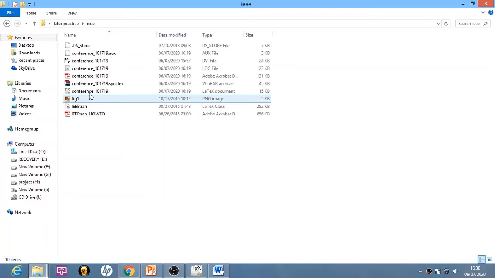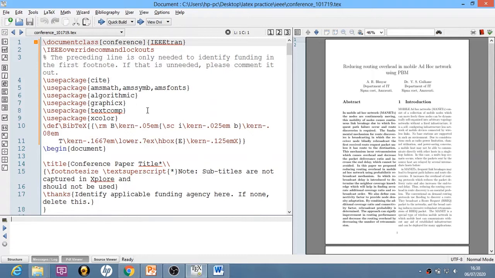Out of which I will open the text file. So conference, I will open this file. Whenever you open this file, if you are using an IEEE template, you can clearly see that they have their own class. Like we use article, report, book, IEEE Transactions have their own class named IEEEtran. And we are not bothered why conference is written, why cite is written, why algorithms are written. We are not bothered about it because these preambles are standard and they have provided them to us. I am not going to erase any preamble out of it, neither will I add any preamble into it.